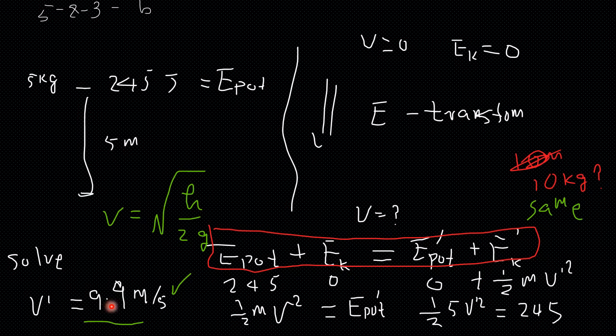In fact, what if this mass, instead of 5 kilograms, is 10 kilograms? The answer will be the same. You can do this practice. See, the mass doubled, and the mass in the potential energy also doubled. If you spell them out, the mass actually cancels. The answer only depends on the height, and therefore you can have a formula from here. Velocity is simply equal to the square root of 2 times g times the height.